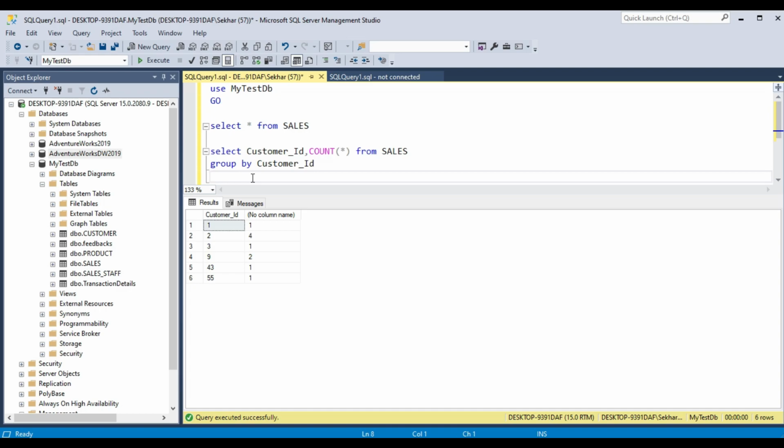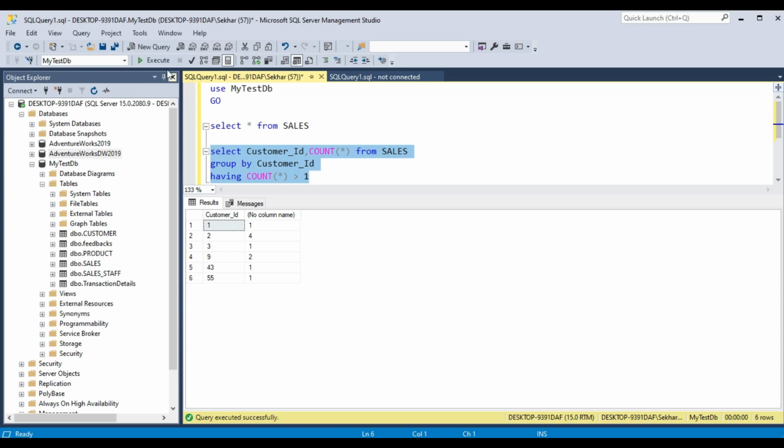Okay, so suppose we want to find out the customers who have made more than one order. How do we have to do that? For that we actually have to use the having clause, and we have to write it as having count star greater than 1.